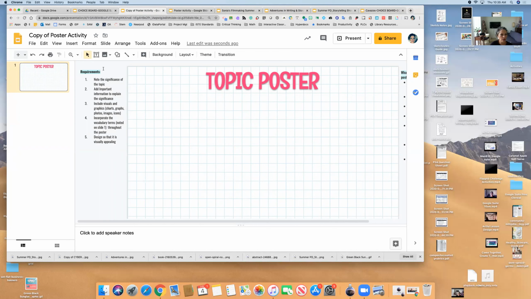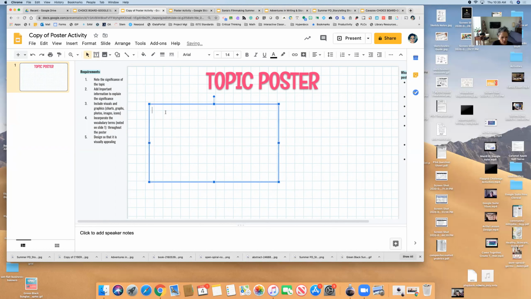And so then what the instructions would be, and I'm just gonna put it here so you can see it. What I would say is 1, change title to include your name and name of poster. So for example, Sonia O, and then whatever the topic is, biomes or whatever.